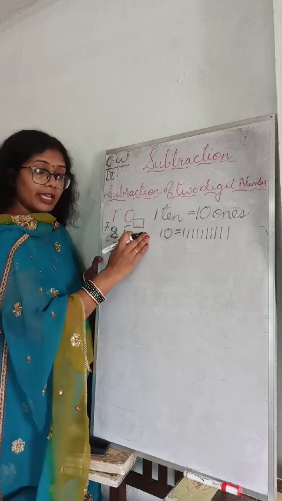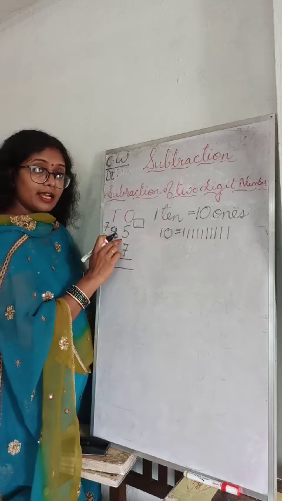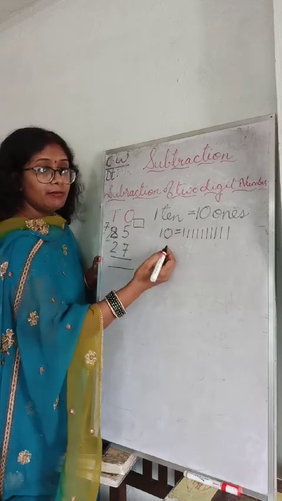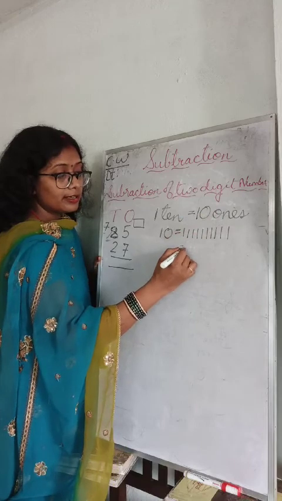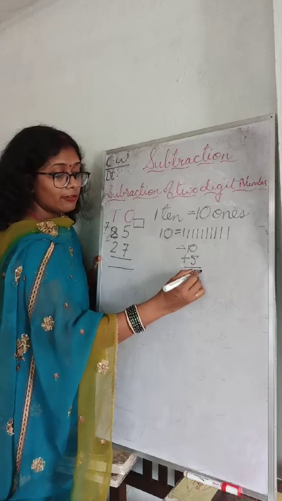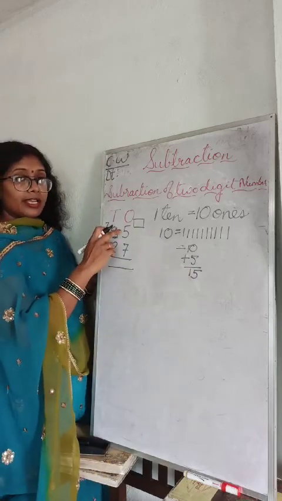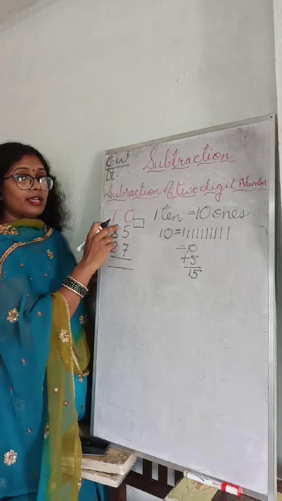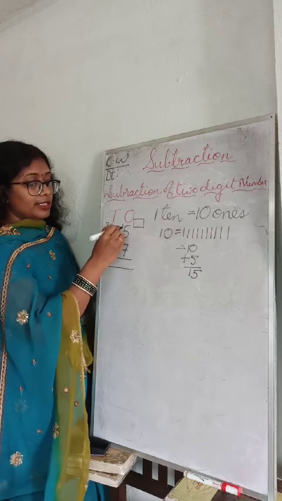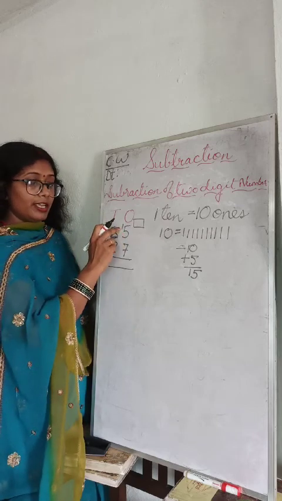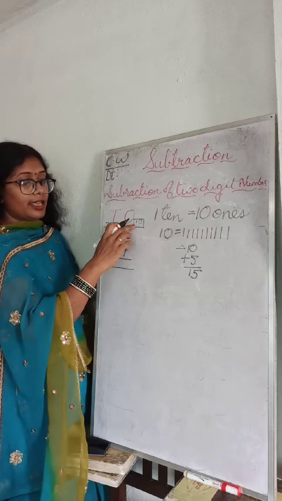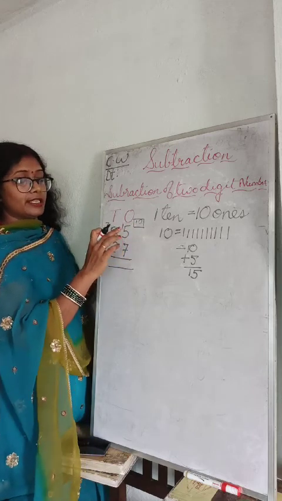10 ones बोरो किया है और पहले से कितना था? पहले से यहाँ पर 5 ones था. So 10 ones plus 5 ones. This will be how much? 10 ones plus 5 ones is how much? 10 plus 5 is 15. So here you are having 15. So either you can write here 1, just whatever one we have borrowed, you write here 1 5, or you write here tens. That means 10 is there and plus 5 is 15. आप किसी भी तरह से इसे कर सकते हैं.